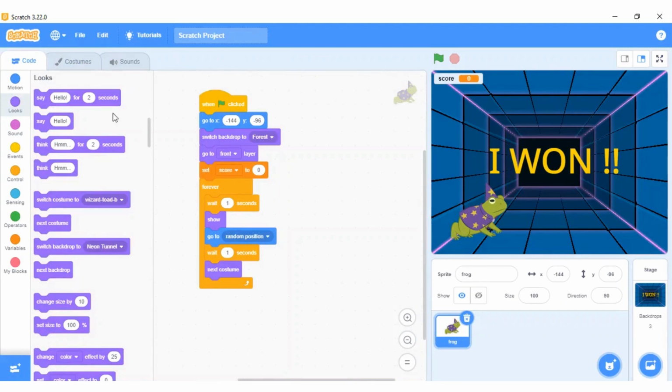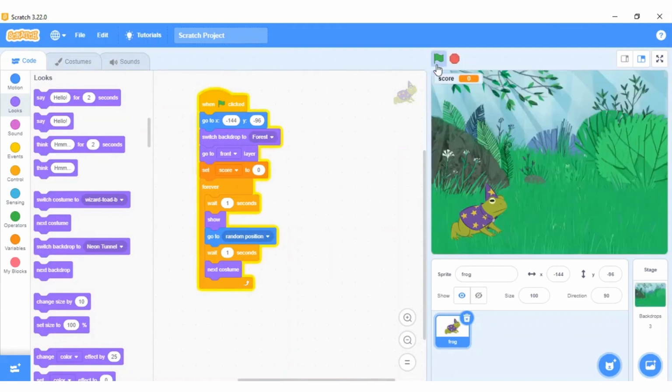So let's test this code that we have done till here. Just click on the go button and you can see our score is 0. The frog is jumping at random positions and the backdrop is set to forest. Let's stop this here. Now when the user clicks on this sprite, the score should increase by 1, and